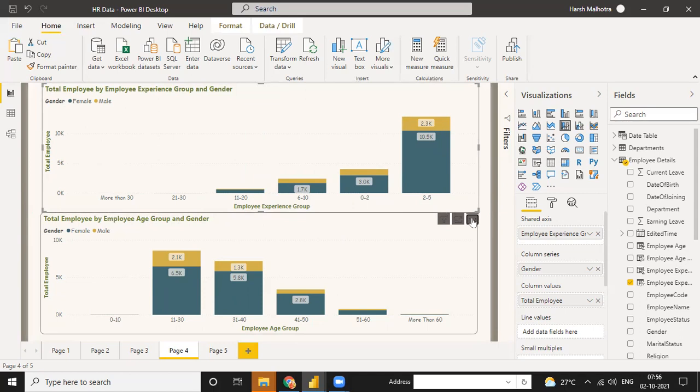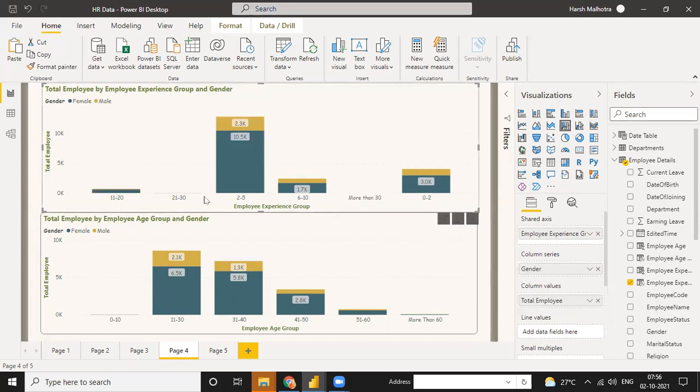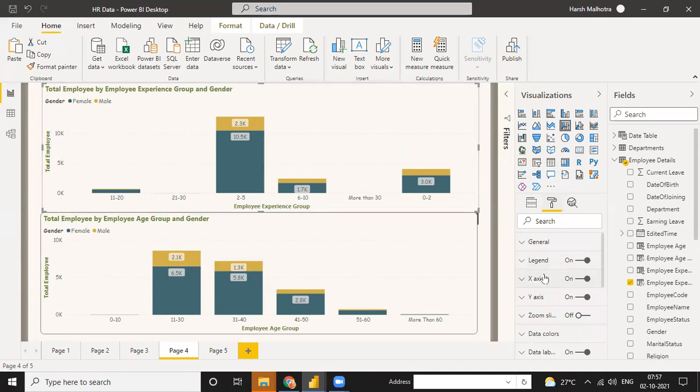Maybe one value is first, so that it will take count by one. No worry, you can just use this function, and this is your total experience by employee and gender. This is employee age by gender.